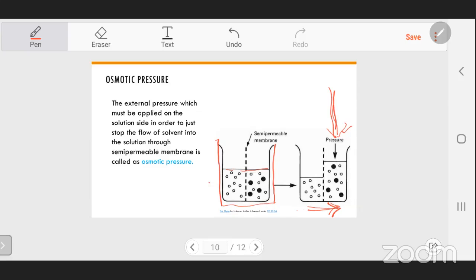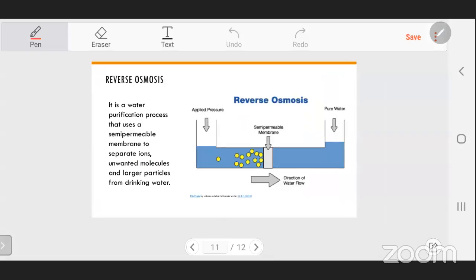So this is the concept of osmotic pressure. With the use of osmotic pressure, we can also explain another interesting term I have put in the slide, that is reverse osmosis. So reverse osmosis is the reverse process of osmosis. For this, I will try to explain it. Again, this is a semi-permeable membrane, and the left side has more solute molecules.